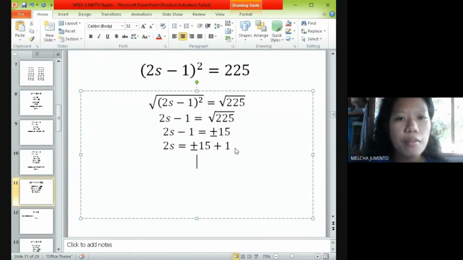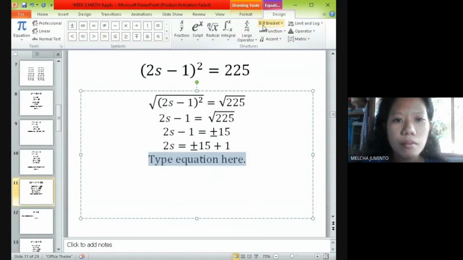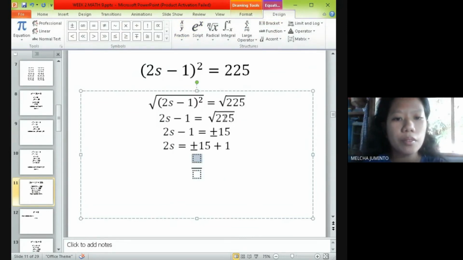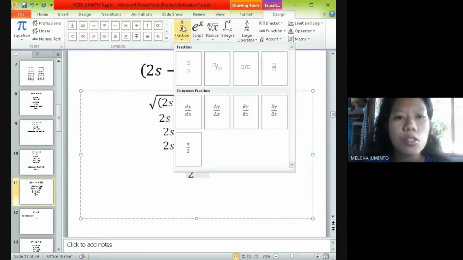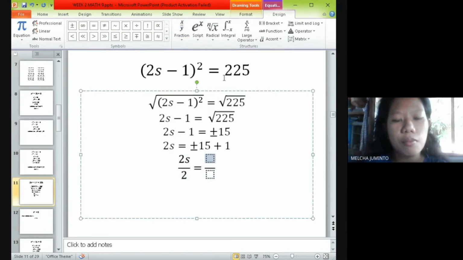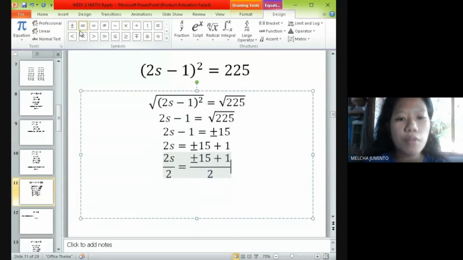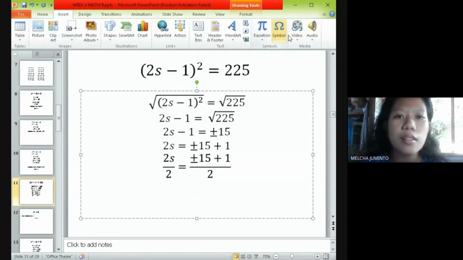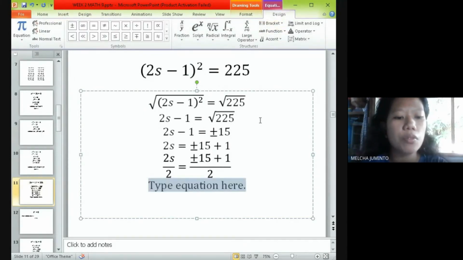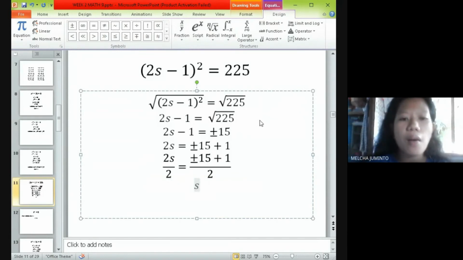So we will have now 2s divided by 2 to remove 2 beside s equals, since we divide 2 the left side, it should also be done on the right side. So it should also be positive and negative 15 plus 1 divided by 2. Because we divide 2 the left side, the right side should also be divided by 2. 2 divided by 2 is equal to 1. So the 2 beside s will be removed. It will give us s equals,